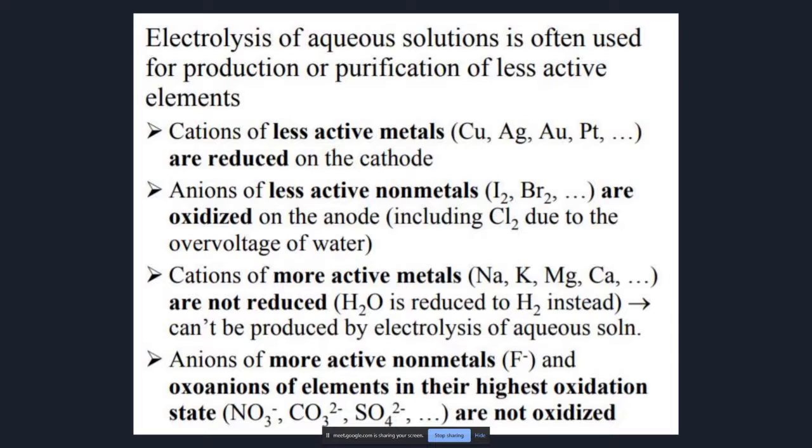So it asks you what is reduced on the cathode. It tells you right here that cations of less active metals, and it actually gives you the example Ag, are reduced on the cathode. So it's not any of the other choices, and Ag would be the one that is reduced. And based on this chart, if you go back to the question itself,